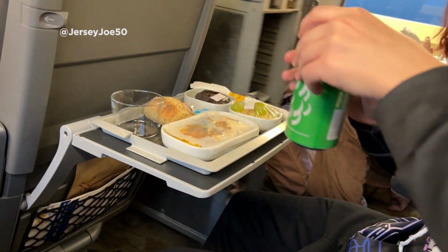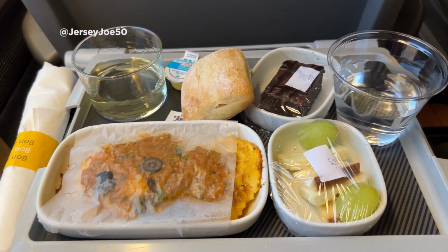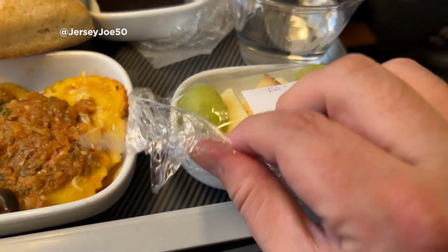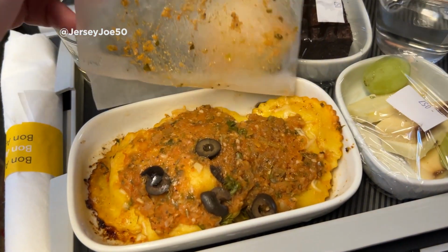You also get your choice of bread and red or white wine. Everything comes wrapped in wax paper and saran wrap, but is served on real plates. Our meals also come with a small fruit salad and a brownie. This is real silverware. I was surprised to get silverware too. The food looks good, and